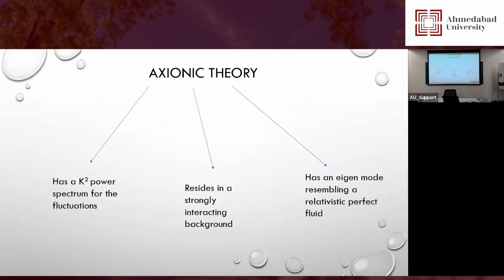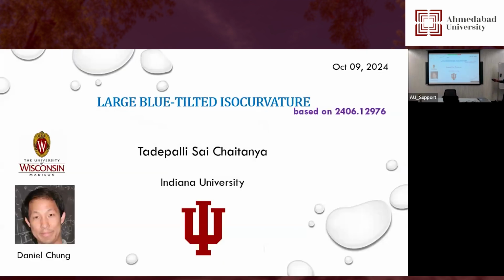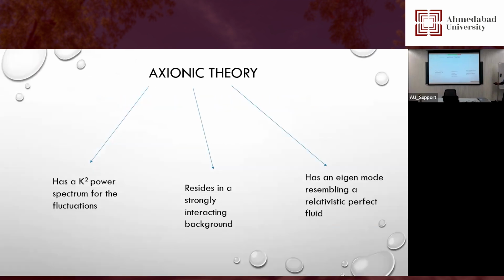Right, so what are we talking about? I'm going to talk about an axionic theory. I'll try to explain what exactly is large blue tilted here, which pertains essentially to the power spectrum. So what exactly is a power spectrum, and what is an isocurvature in that sense? This is essentially going to be a theory that has a k-square power spectrum. We'll see what k-square here implies or means. It's going to be one which has a strong interacting